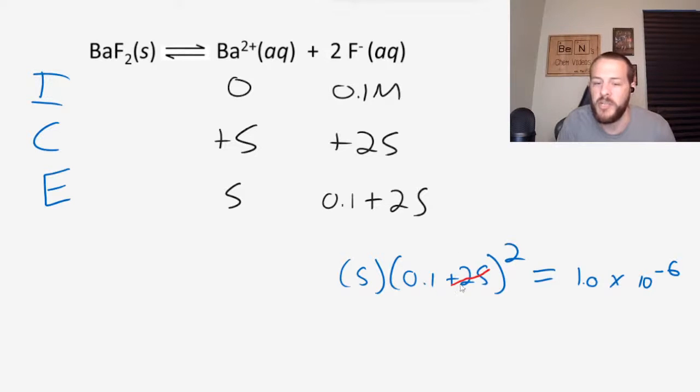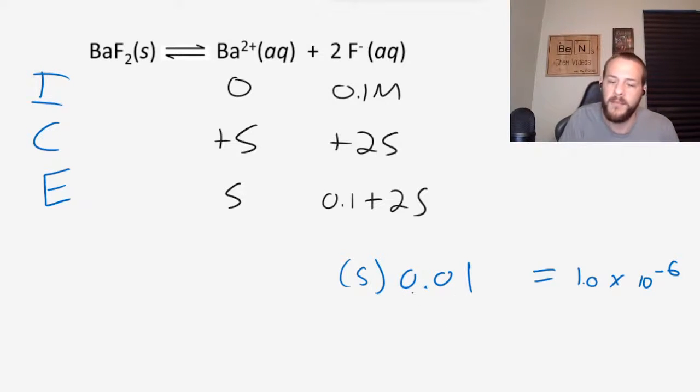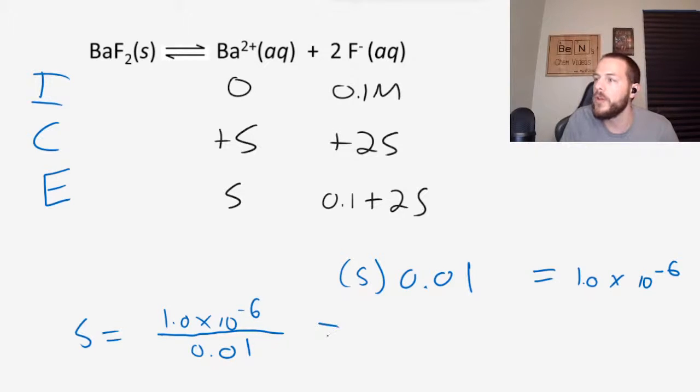That's the logic behind omitting this from the equation here, right? And so this becomes a lot easier to solve. S times 0.01 squared is equal to 1.0 times 10 to the minus 6. 0.1 squared, that's going to be 0.01. So 0.01 s is equal to 1.0 times 10 to the minus 6. And so we get s is equal to 1.0 times 10 to the minus 6 divided by 0.01. So the molar solubility is going to be 1.0 times 10 to the minus 6 divided by